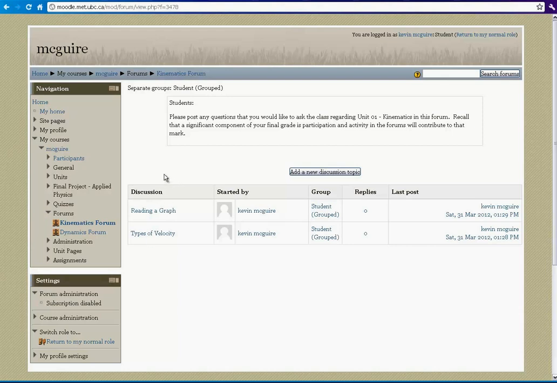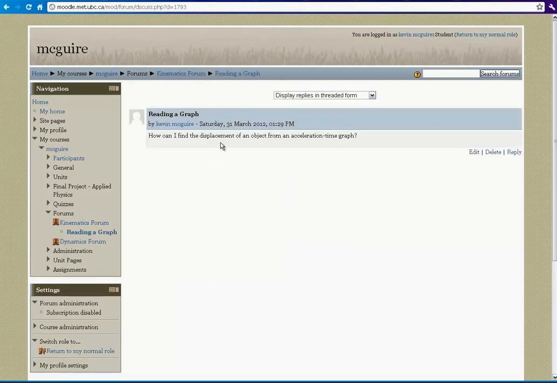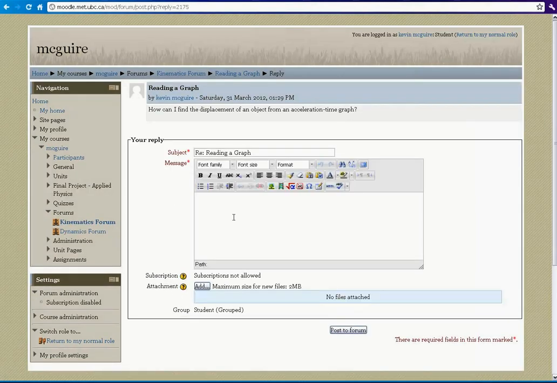So for example, I have 2 questions that I just posted. Let's click on one of them. Let's go to reading a graph. How can I find the displacement of an object from an acceleration time graph? This is something I'm curious about, and if you're curious about it too, you can reply to the forum. If you have an actual answer to this, please click on the reply button here and type in your answer